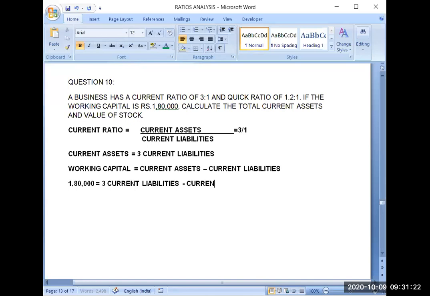Now 3 current liabilities minus current liabilities will become 2 current liabilities, and it will be like this: 1,80,000 is equal to 2 current liabilities. Now I can calculate